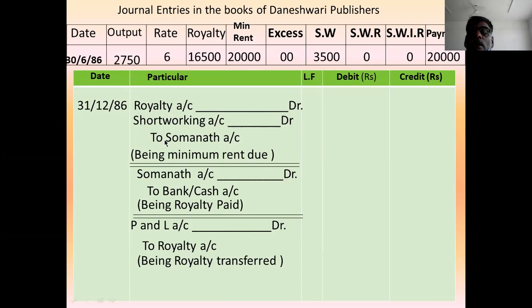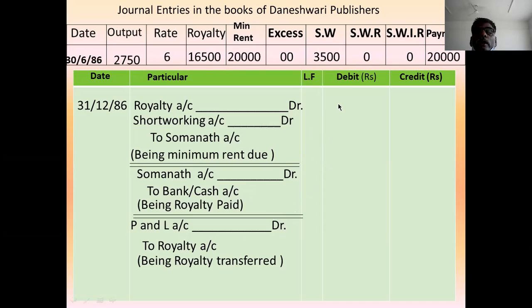In the first entry, I joined the short working account debit because here is the amount. Okay, SW 0, SWR 0. Therefore, in the second entry there is no short working, and in the third entry there is no short working. Remember this. Like this, you have to join